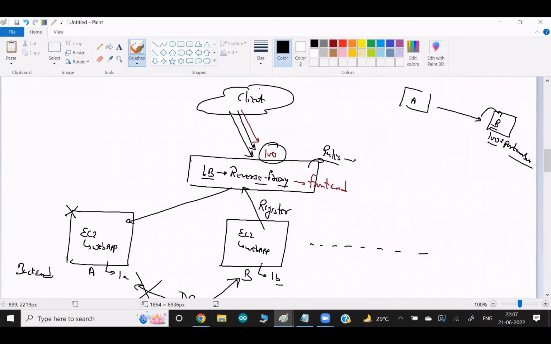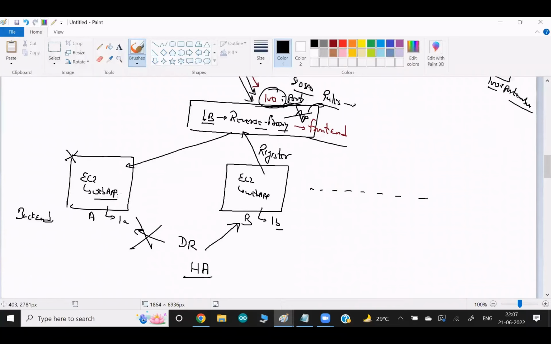Same thing. If my client is coming to IP 100, we will never connect only to the IP, right? To access the data, we always connect with the port number. So at the front end, you have to give a port number also. This port number is mostly known as the front end port number. Now, in this IP 100, there is no application technically running internally, so you can give any port number, whatever you feel like, maybe 8080, 81, or maybe 80 also. But in the backend, this web application, let's say Apache, mostly runs